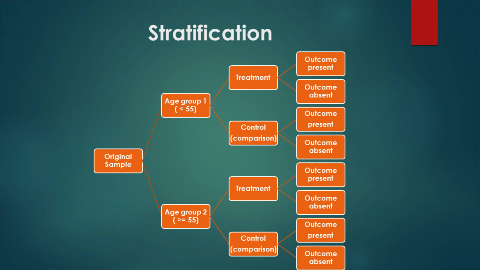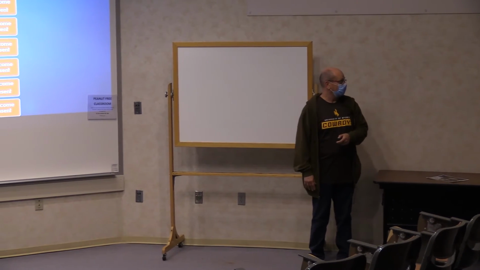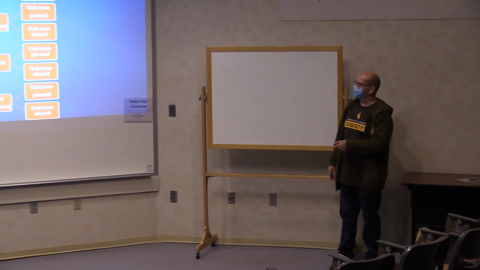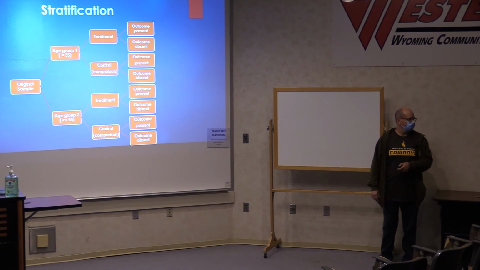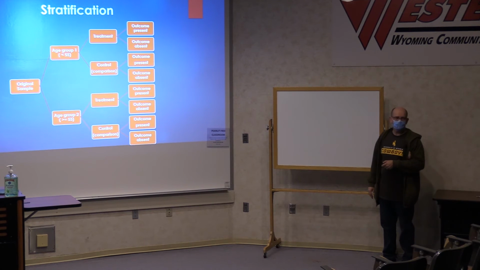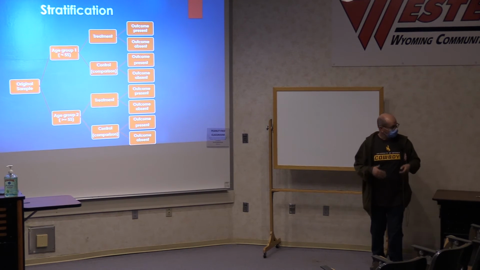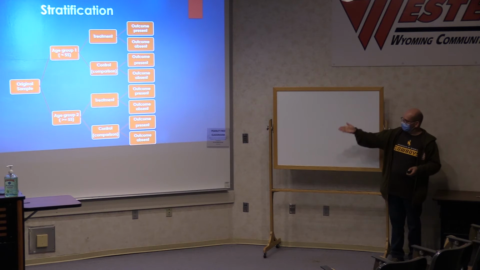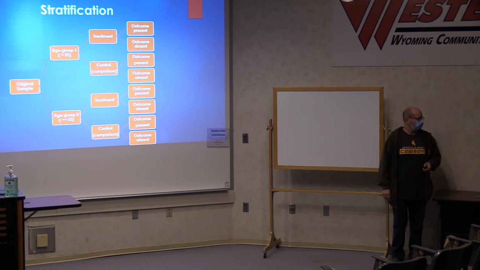Stratification may sometimes also be needed in these clinical trials. You may stratify according to age, because you are interested in what happens in individuals under, say, 55. I just arbitrarily took 55, and those who are at least 55. For some reason, you're interested in that. There's something that needs to be studied carefully, and then you would, of course, do your randomization in both of these two groups. So it gets more complicated, right? You can have more than 2 groups, or 2 levels of study. In any case,